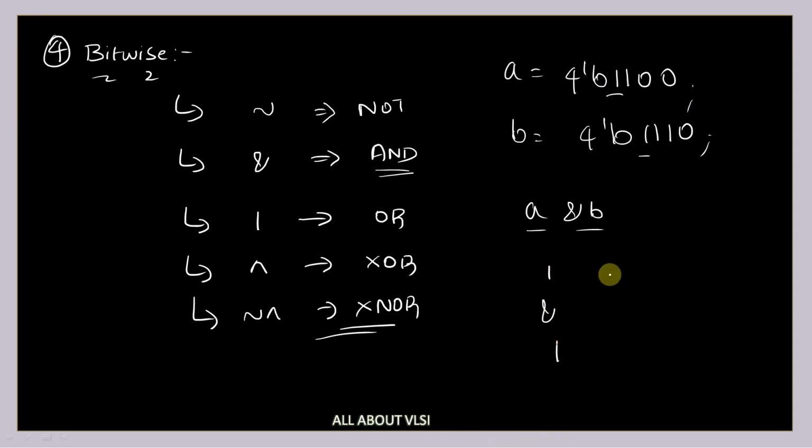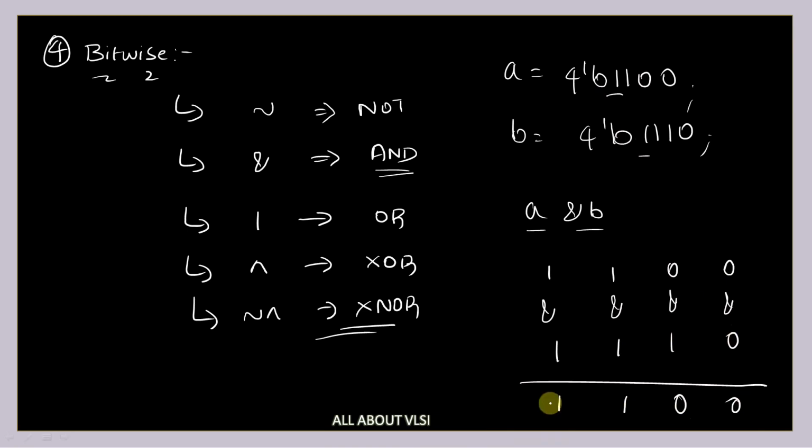1 AND with 1, 1 AND with 1, 0 AND with 1, 0 AND with 0. This is what is going to happen. So 1 AND with 1 is 1, 1 AND with 1 is 1, 0 AND with 0 is 0. This is your final